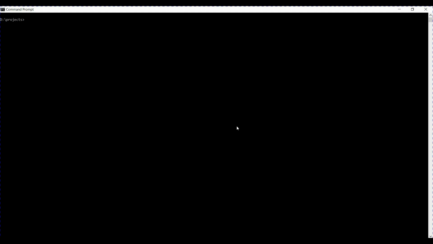It's always advisable to create a workspace because we will be creating multiple Angular applications. In order to avoid the duplication of node modules, it's always advisable to create a workspace. In order to create a workspace, we need to give the following command. Here we will say ng new and the name of the workspace. In my case, the name of my workspace is